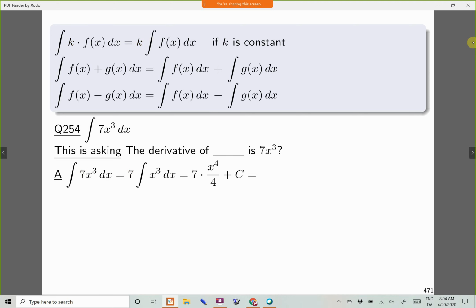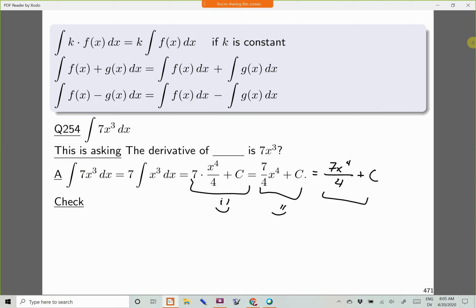And you can leave your final answer like this, that's fine, but just because some people will want to write this differently, you can write this as 7/4 x to the fourth plus c. You could also, of course, put this x to the fourth up in the numerator, so this is fine as a final answer, and just to point out another option, you could have 7x to the fourth, all of that in the numerator, over 4 plus c. This is fine as a final answer as well. All three of these would be fine as final answers to this question.